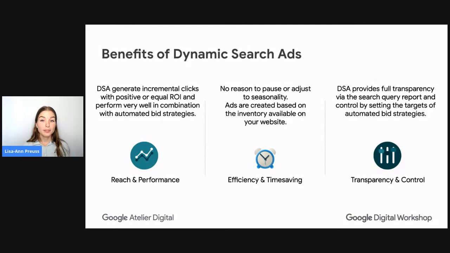So really, dynamic search ads will give you incremental reach, with either positive or even equal to the return on investment from your other types of text ads. And they perform really well in combination. Also, chances are they'll really save you time, and they're extremely efficient for those of you with a large website or even a job portal,